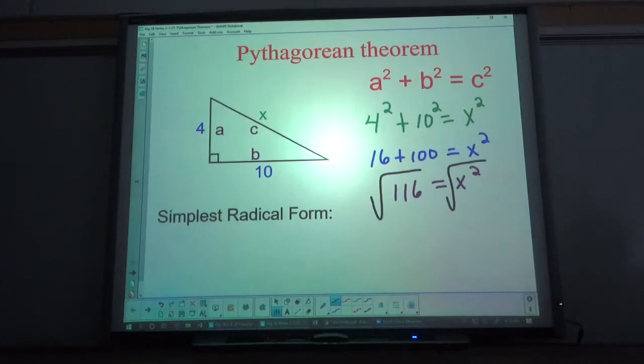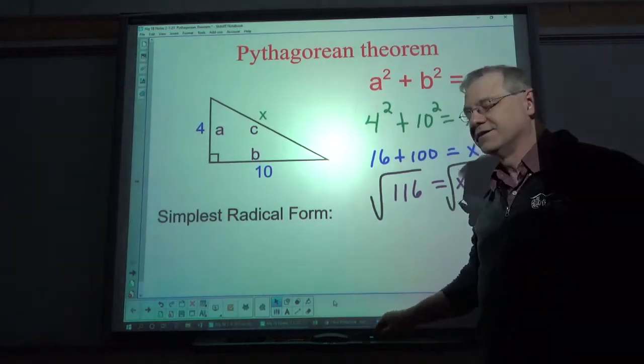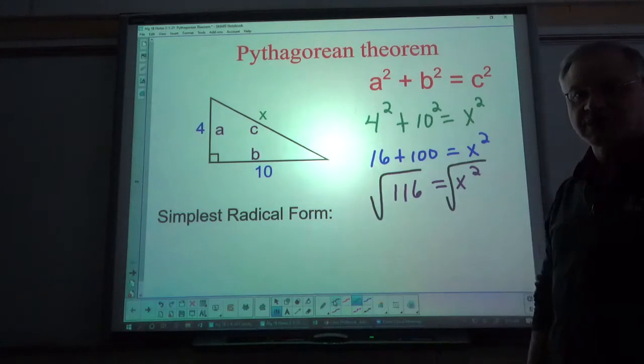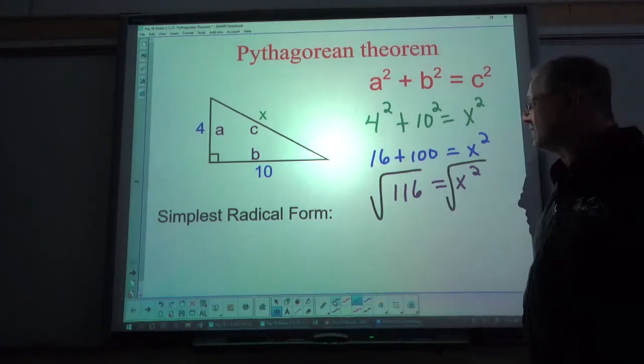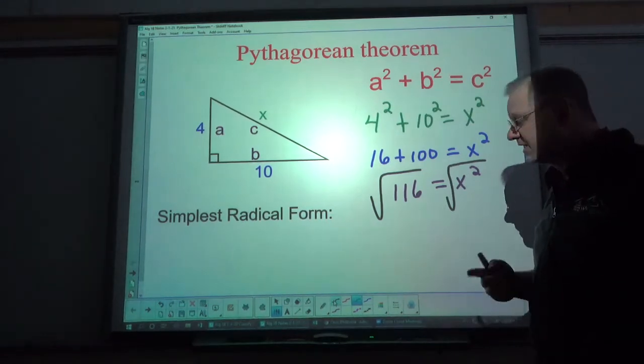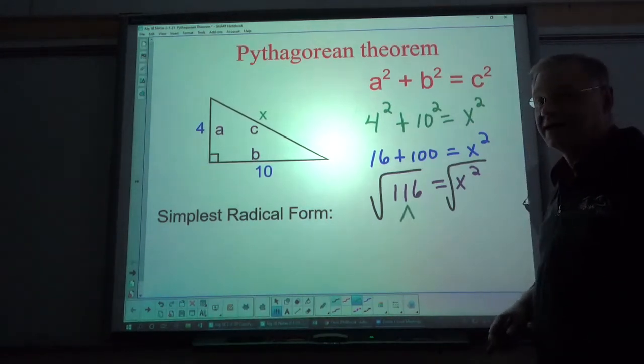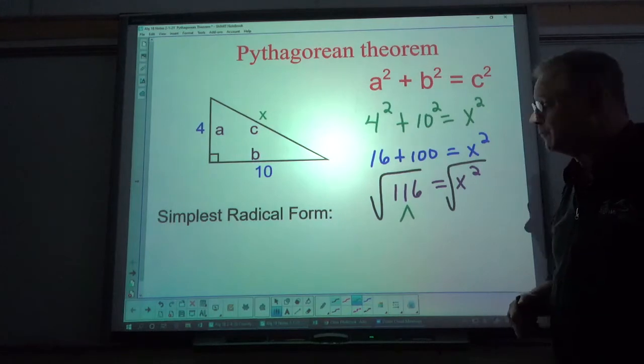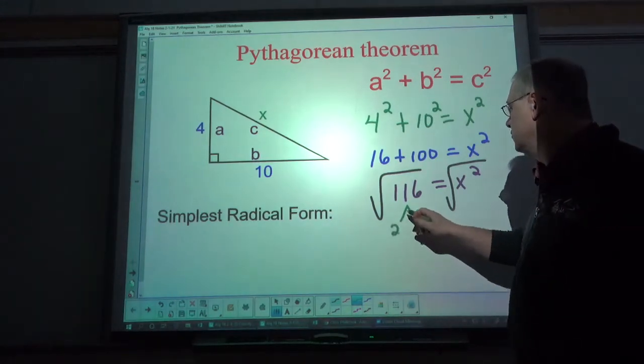Now, this particular problem says simplest radical form. Now, in your homework, a lot of the problems that ask for simplest radical form come out to just things that look like this. In this particular case, it turns out I can factor something out, like 2, and that would be